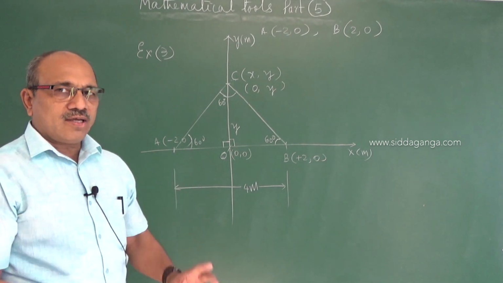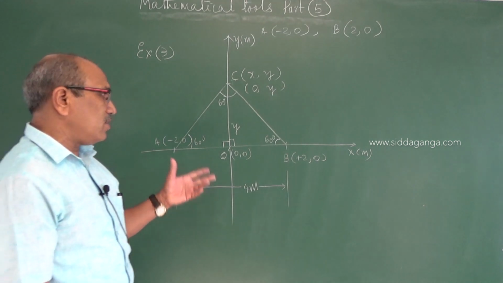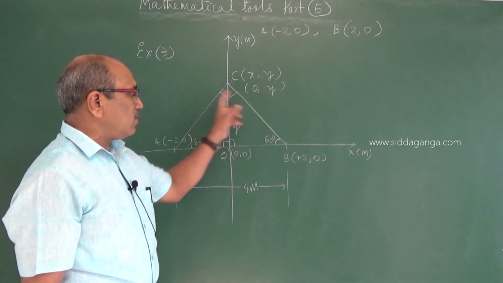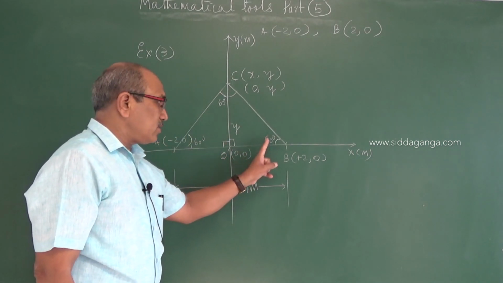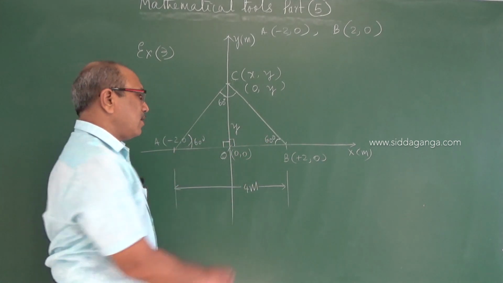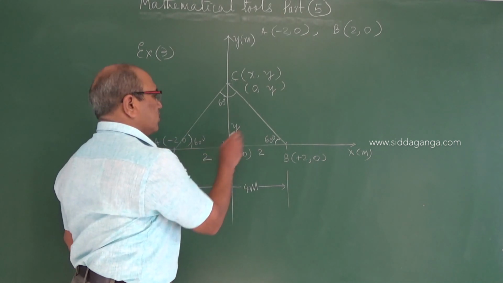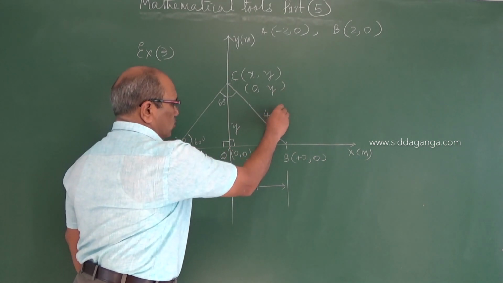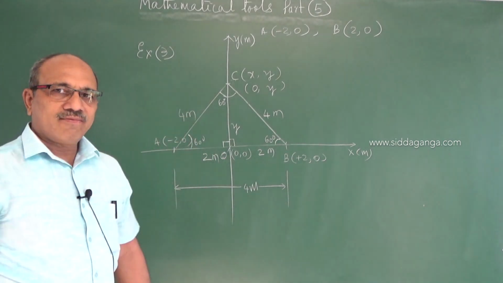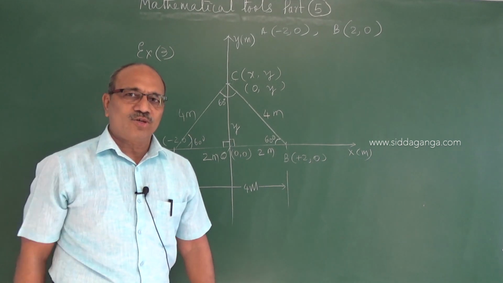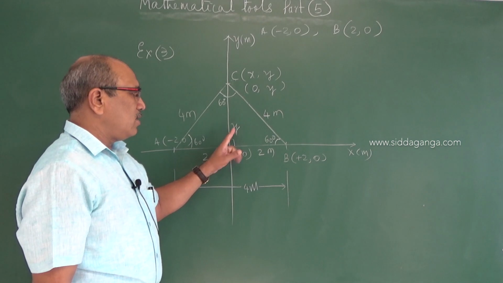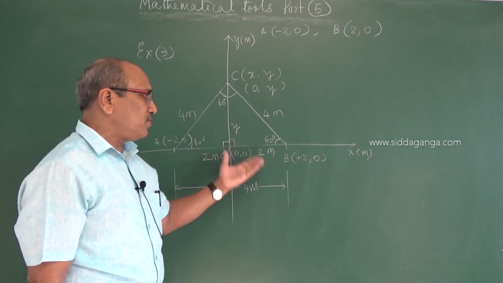If you are well aware and comfortable with the trigonometric ratios, you come to know that this is an equilateral triangle. It is 60 degrees. As it is an equilateral triangle, this side is also 4 meter, it is 2 meter, it is 2 meter and it is 4 meter. So how beautiful is this coordinate geometry. So for that 60 degree angle, y is required. You can use any trigonometric function which you feel is easy.